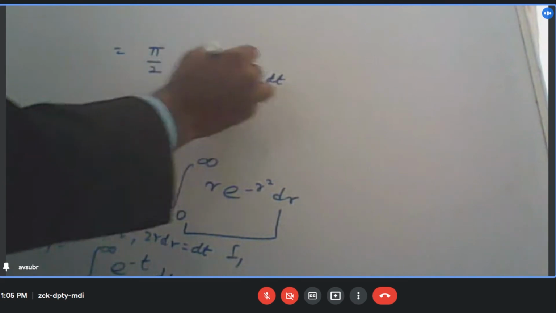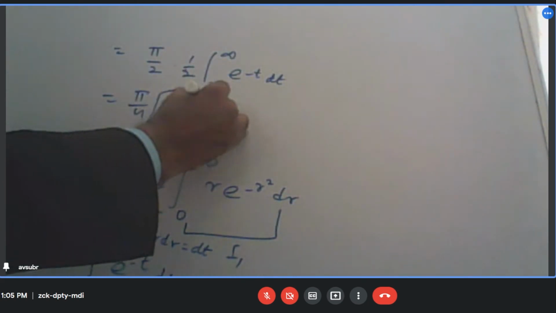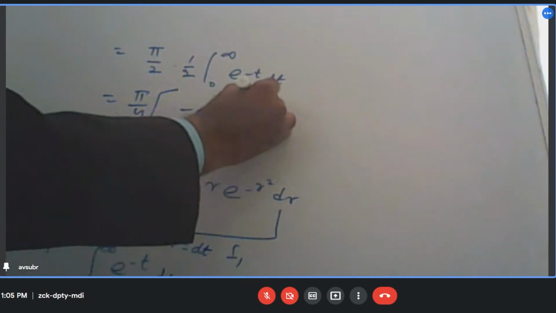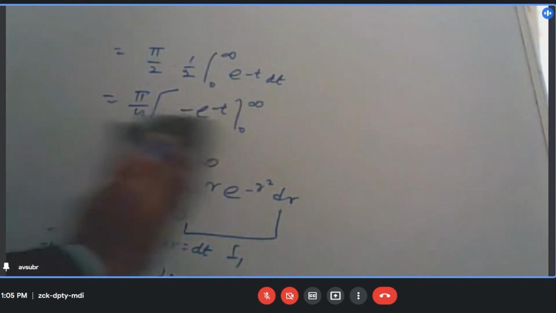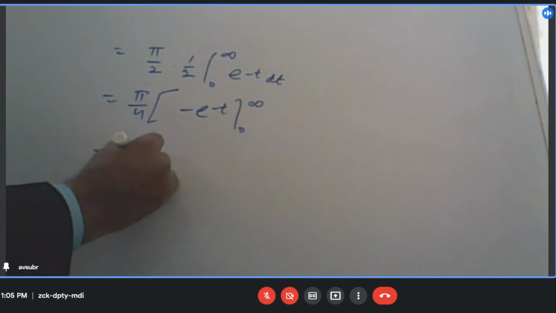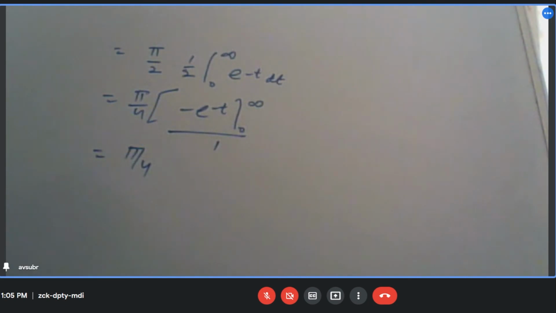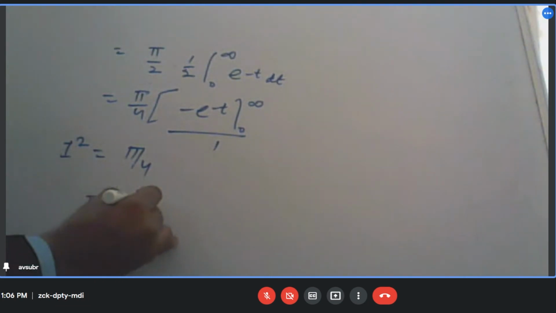And what will this imply? Pi by 4, this will be minus e to the power minus t from 0 to infinity. And therefore this will be simply pi by 4, because this is 1. So this was I square. So I is equal to